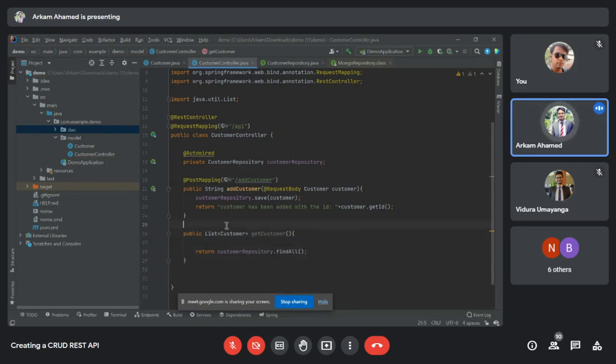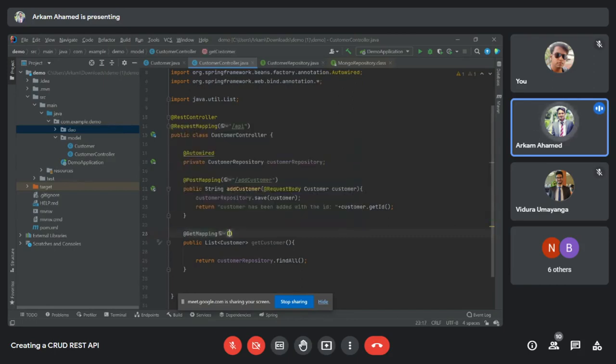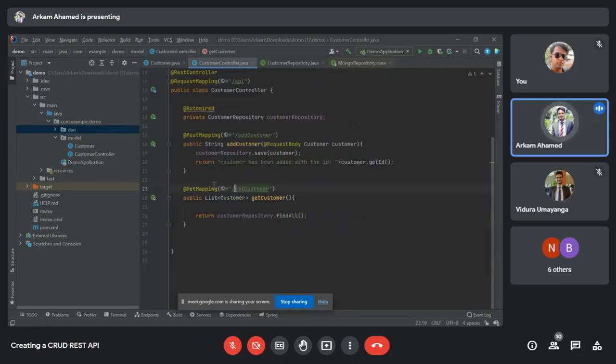Since this is a GET request, we'll have to annotate this with GetMapping, and then pass the URL. So create and read is done.